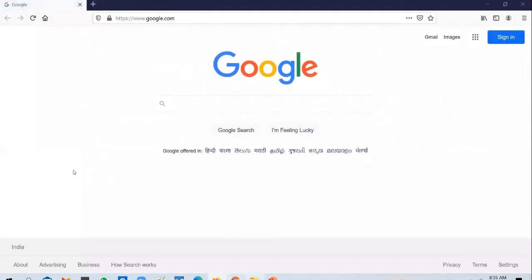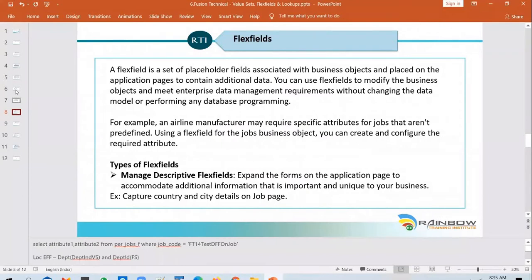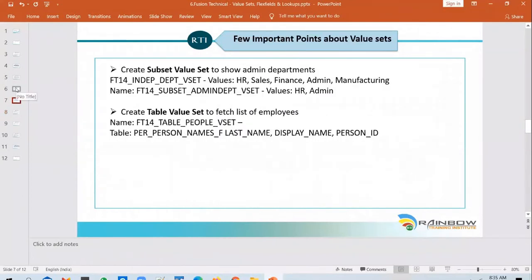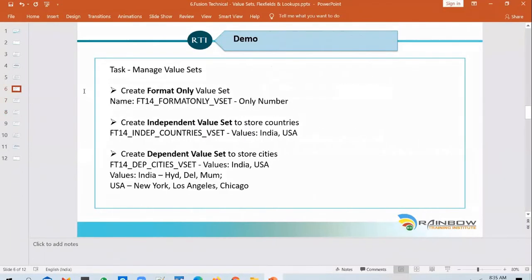So first of all, let me explain. Yes. If you would like to pass a value from, to dependent value sets, when we are creating a dependent value set, how can we do that? So you're talking about passing a value to the dependent value set from an independent value set, right?